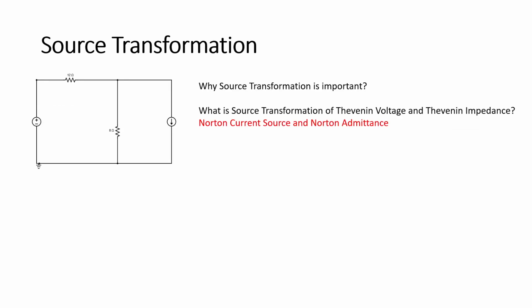As we said in the last week's course, source transformation is very important too, and the source transformation of Thevenin voltage and Thevenin impedance is basically the Norton current source and a Norton admittance or the Norton resistance. So